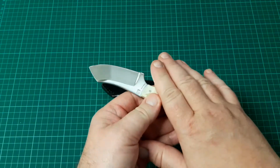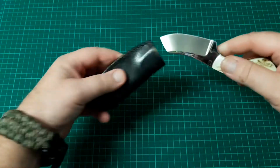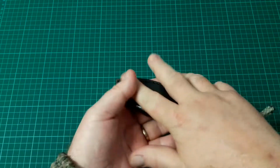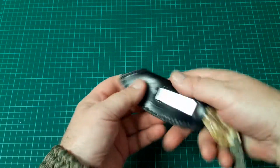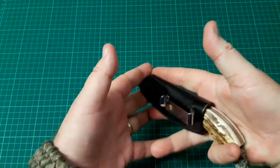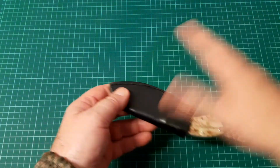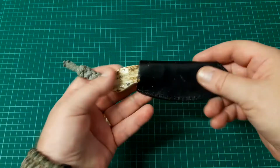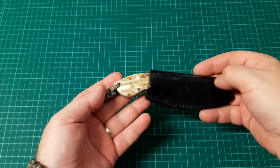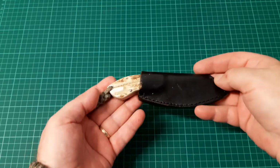Well, this is my camp carry knife. It's small, and if you notice, it's got a little clip. I don't need a belt or whatever. I can clip it on, hide it under my shirt. No one knows I'm carrying it. Basically, it just melts away. So that's why I bought this knife. I can carry it in a park. People around me don't know I have it on me, and so I don't scare